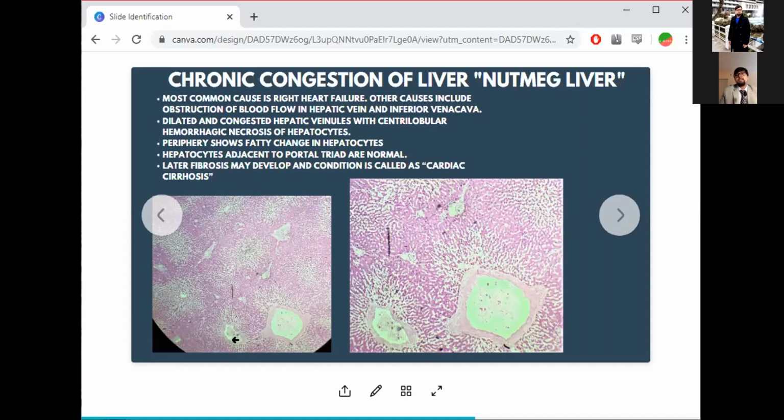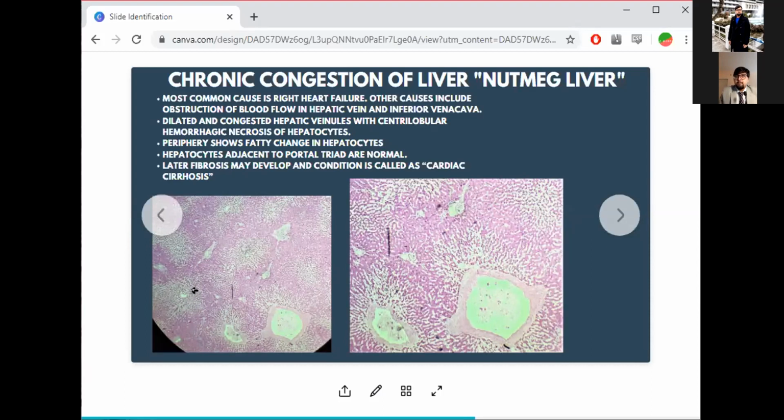Now, this is what you look at in the slide. What is the most obvious thing that we can see here? The central vein is too large. Okay, I can make out that these are different hepatic lobules, but notice the most glaring change. There is a lot more white space here.